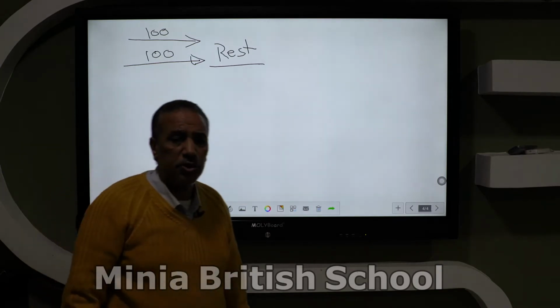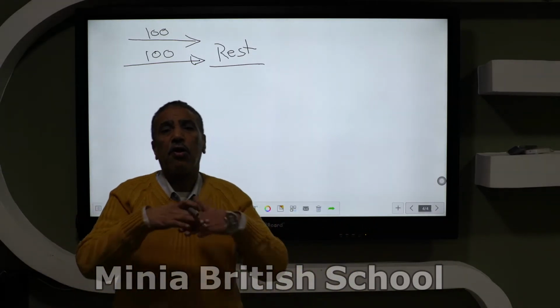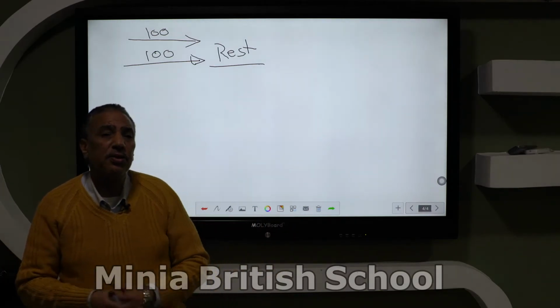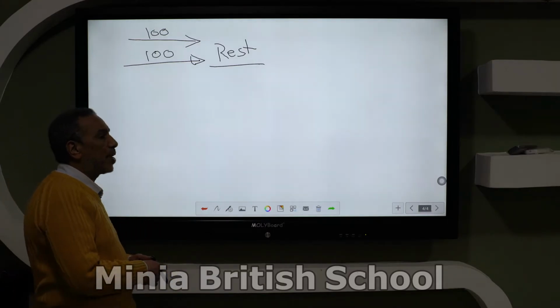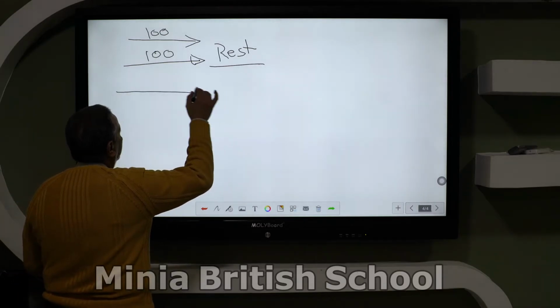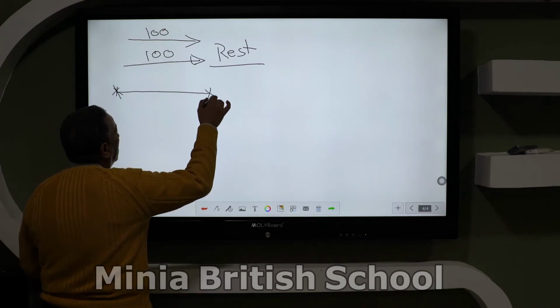So the relative speed depends on the position of the observer. These are the different kinds of speed. The second one is the acceleration. What is the acceleration? Acceleration: if you have a body at the position A, speeding up or slowing down, first